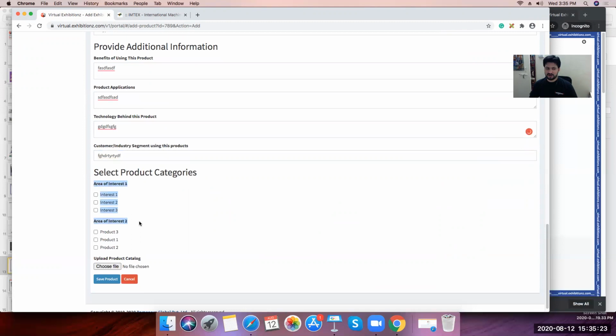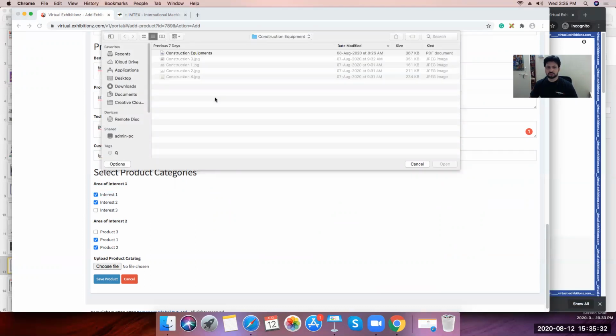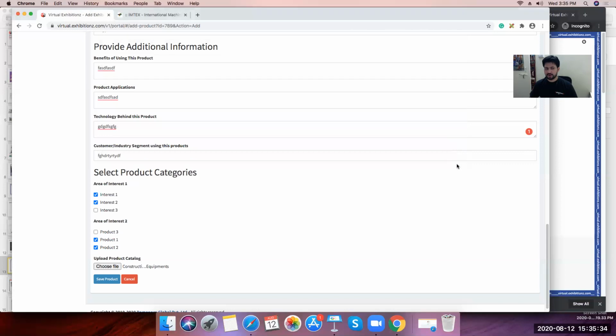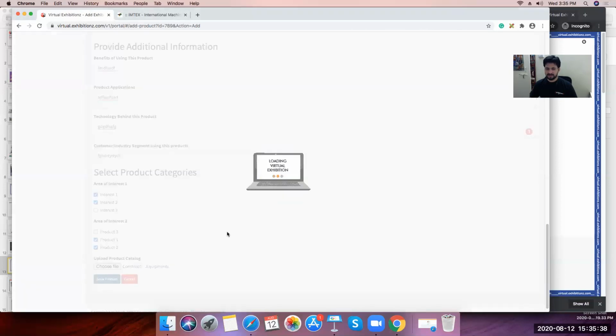Then here is the area of interest. Just as we have the area of interest of the visitors who are coming in, I can choose what is interesting. I can choose the catalog that I want to upload for this specific product. Click on save product and it will save the whole details for this product.